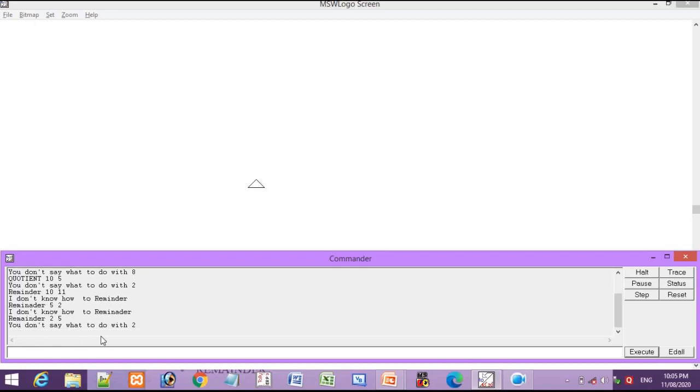So here you can see we got the remainder 2. Okay, so 2 divided by 5, the quotient is 2 and the remainder is 2. 2 2s are 4. Okay, so this one is the remainder.